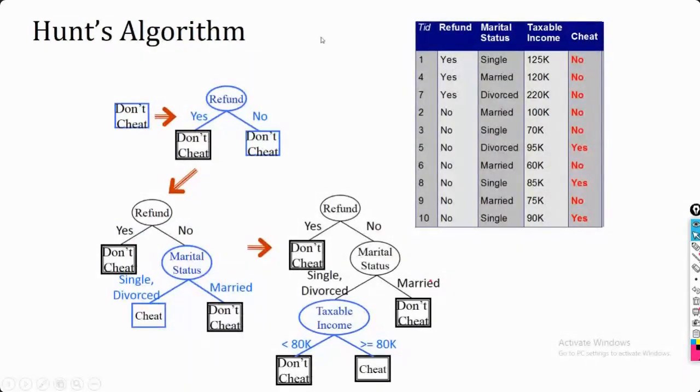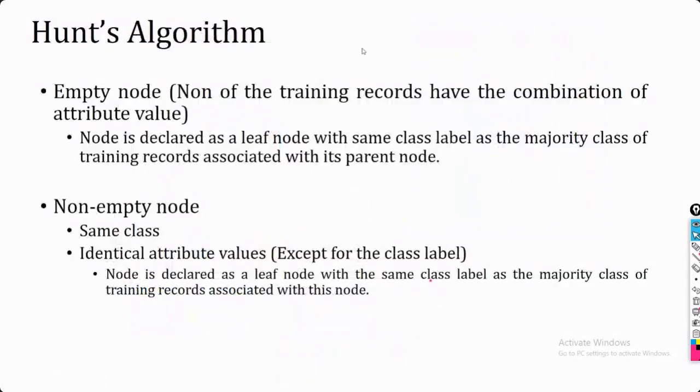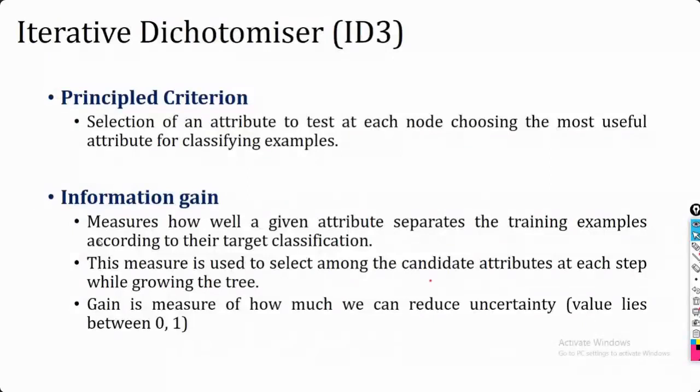So we will see how this selection is happening. Just whatever we have covered till now: if you have an empty tree, then you can go for the majority class label. If it's not an empty tree, two cases could be possible. Either all the instances are part of one class, or some of the instances are part of one class and some are part of another class. In that case, you can use the majority class.